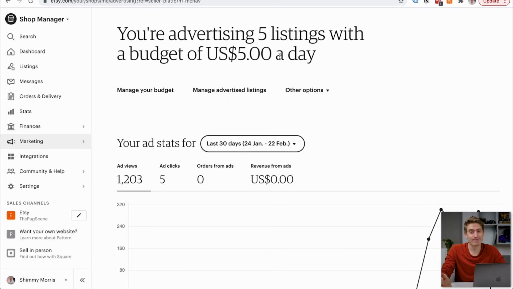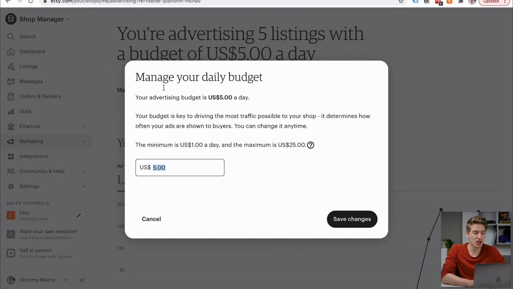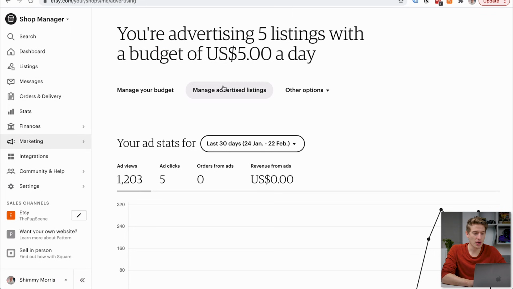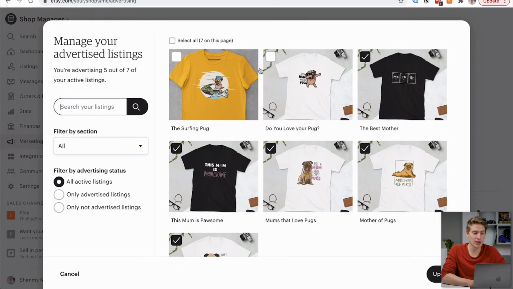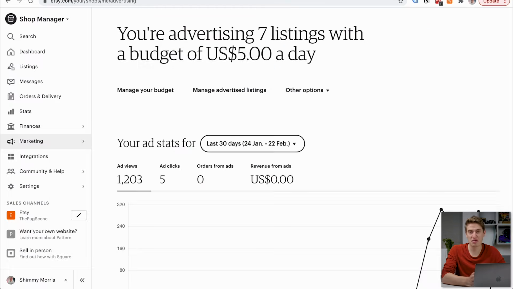So it's up to you whether or not you want to do Etsy ads. But just to go through it, you can manage your budget over here, very simple. You can manage advertised listings over here. You can tick listings that are not advertised. Let me, for example, tick these 2 that for some reason aren't advertised. Click update, really simple. And then you've got other options, hide graphics, share, whatever, and then you can click turn